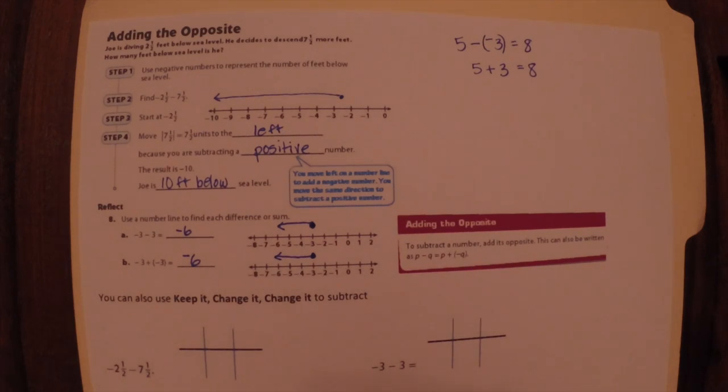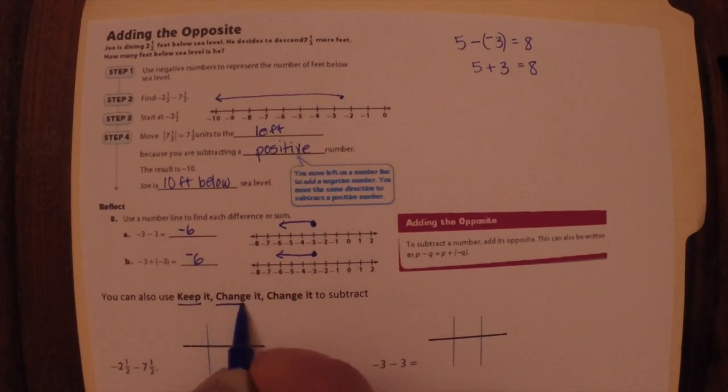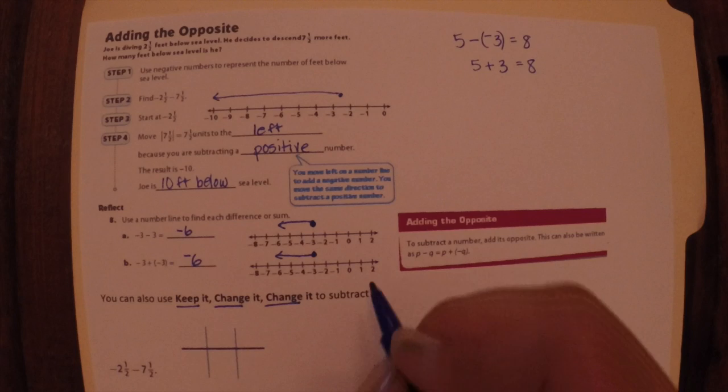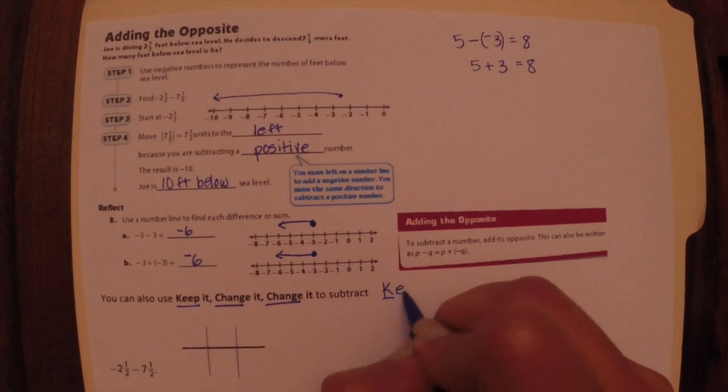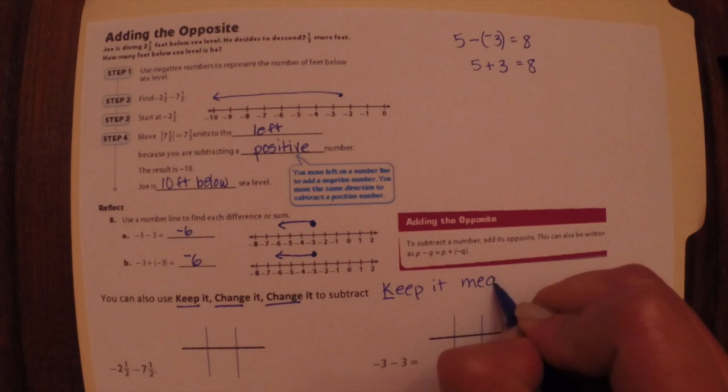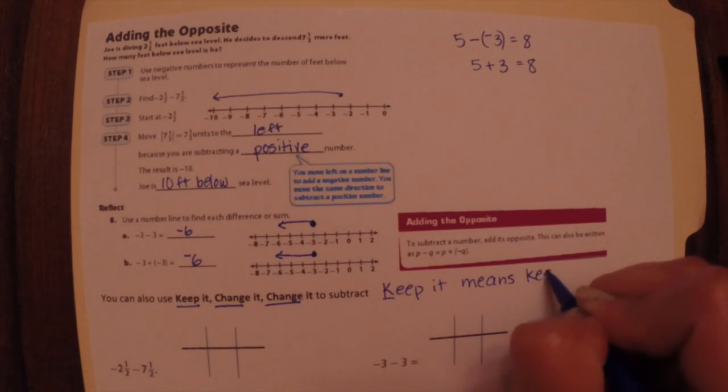So instead of always using a number line, we're going to talk about something else we use in our math classes to make it a little easier, because we don't expect you to draw number lines for every single problem. We just say to keep it, change it, change it. I want you to write this out with me. What this means is the keep it, underline the K. Keep it means keep the sign